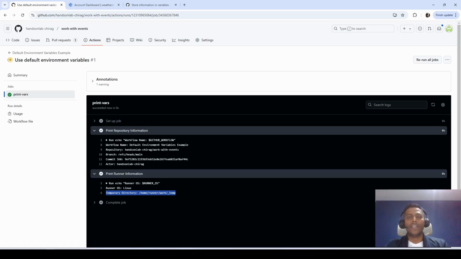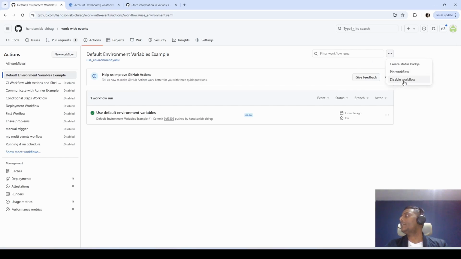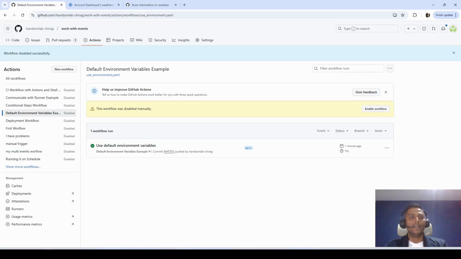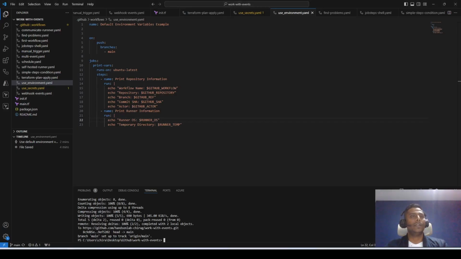So the next topic we have is identify the location to set the custom environment variable. Again, let's go back to Visual Studio Code. Let's disable this very quickly because we don't want to keep it running and confuse us when we come back. Let me quickly copy the next one, which is that one. Okay, that's a little bit of an interesting one. Let's find out. Copy and go back to Visual Studio Code, and I'm going to name this